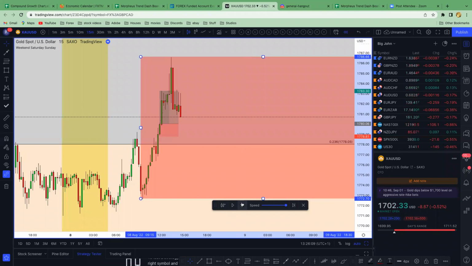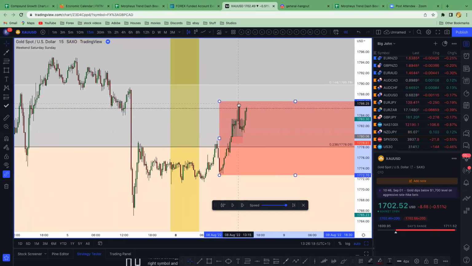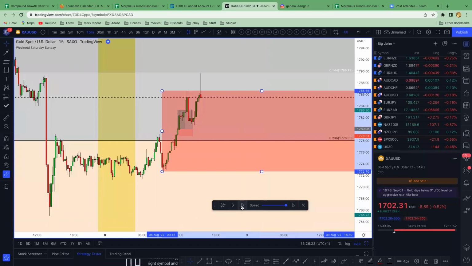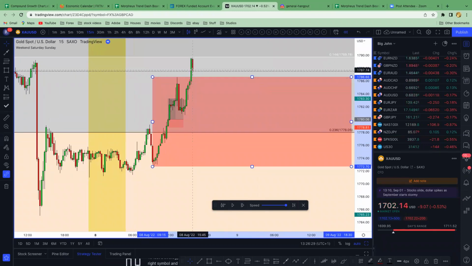Let's see. Swing high, swing low. So we want to see the market either break this level up here or the level down here, which is a huge level. Let's see. Look, they cleared most of the liquidity on that candle, just like I said. Let's see what we see. Rejection. Okay, it broke this one. We would have looked for an entry here in the market.